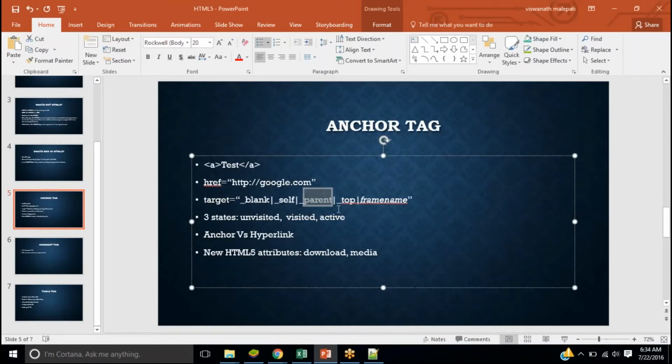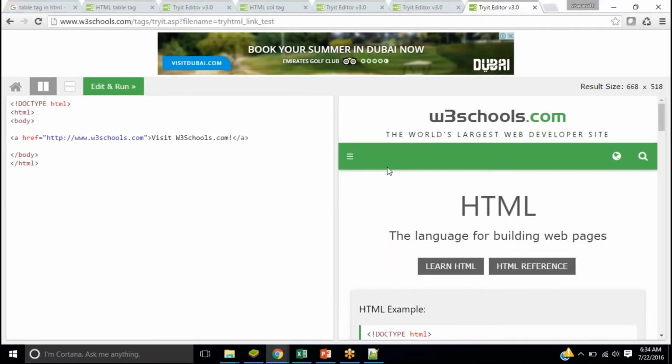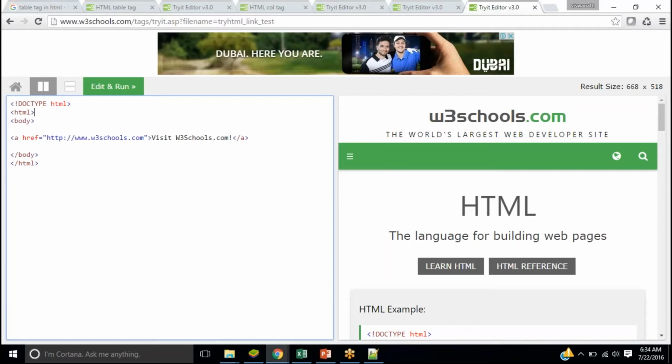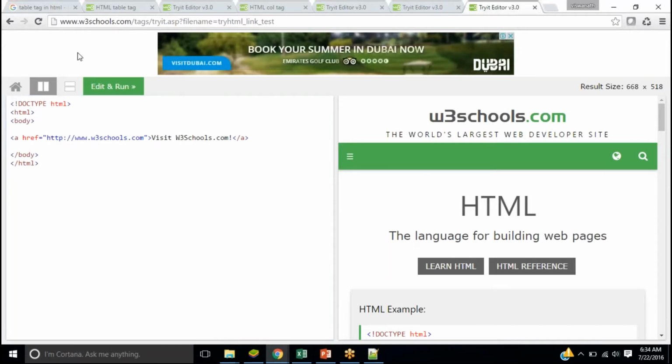So self is where it doesn't know whether it is a frame, a browser, or a tab. It doesn't know anything. Wherever this particular file is, it replaces it with the other file. Whereas parent is like, this is one frame, this is another frame. The parent frame is this, the entire thing. These two blue parts are children of the parent. So when I have the target as parent,